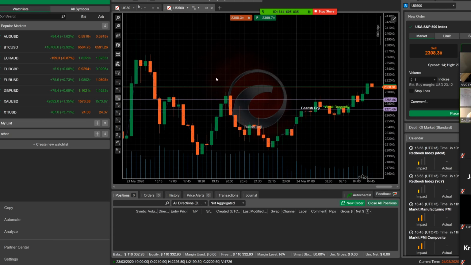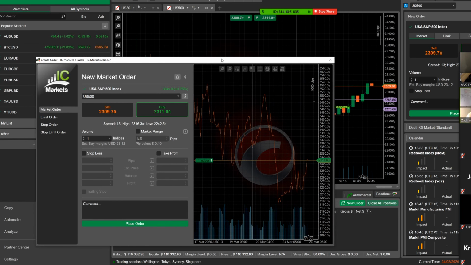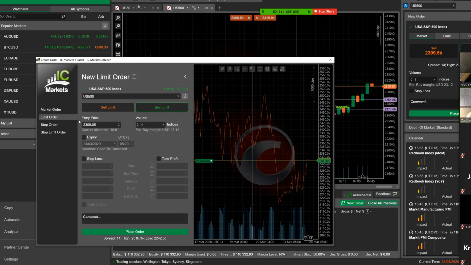For example, I'm not actually going to place any trades because this is my challenge one for FTMO, which we'll probably talk about. But I'll show you what other features this one has that you may not be accustomed to having the option for on MetaTrader. So for example, if you were to do a limit order,